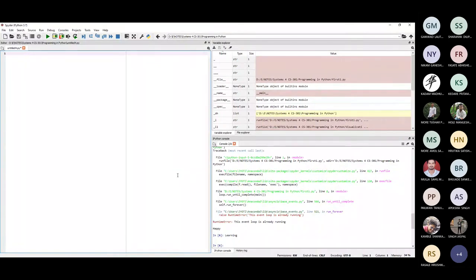I introduced this library to you yesterday, and with a very good example which you should remember. So I'll repeat again. Async IO is basically a Python library which is used to write concurrent, asynchronous and